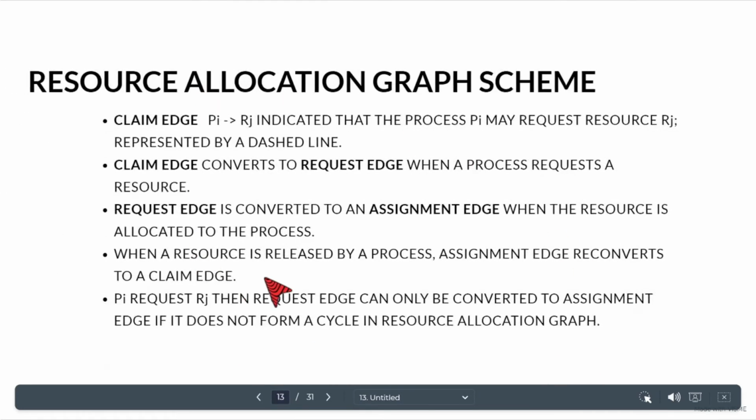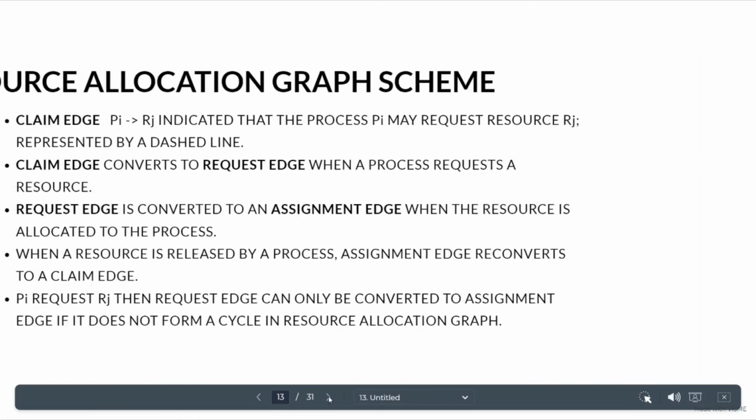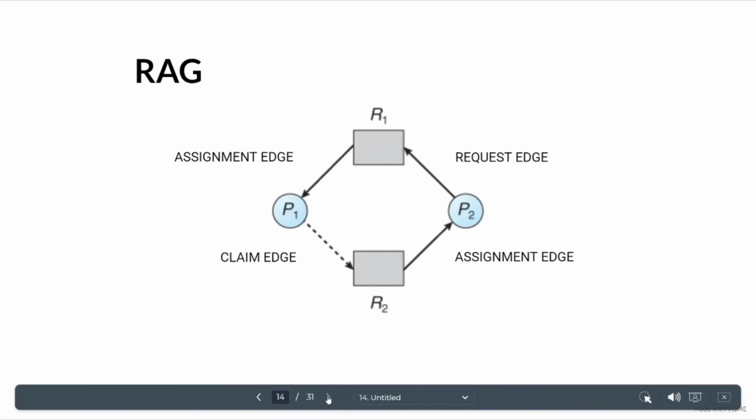In order to avoid deadlock, we need to make sure that the request edge can only be converted to an assignment edge if it does not form a cycle in the RAG, the resource allocation graph. So this is how we avoid deadlock with the help of the resource allocation graph algorithm or scheme. So the next thing is